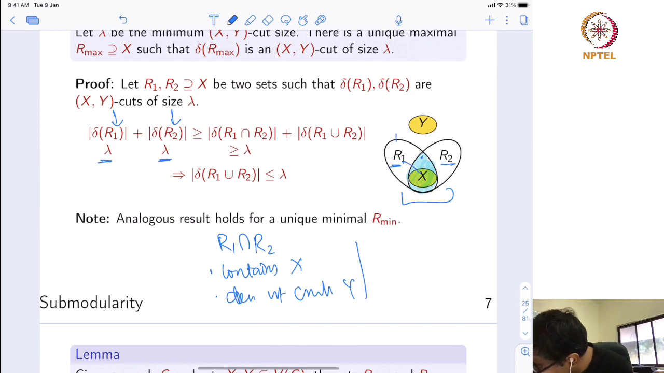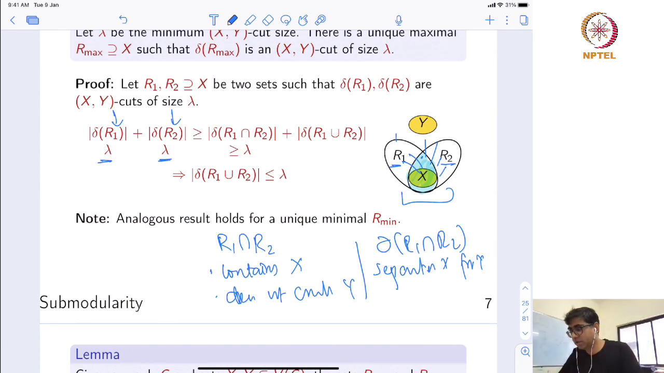It means the edges which are adjacent, it means delta R1 intersection R2 separates X from Y. It means the number of edges adjacent to R1 intersection R2 can only be more than lambda, because lambda is a minimum number of edges we need to delete to separate X from Y. And R1 intersection R2 is one separator. So the number of edges that are adjacent to R1 intersection R2 can only be more than lambda. It cannot be less than lambda, which implies that delta R1 intersection R2 is also greater than or equal to